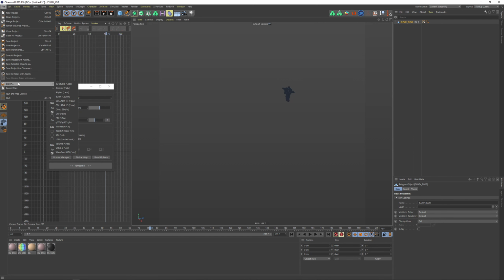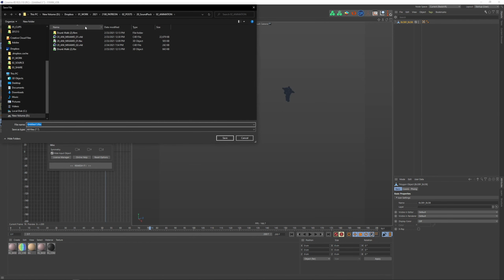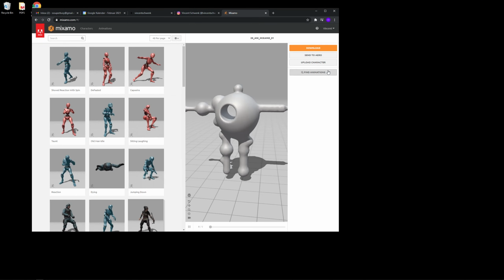And on top of that, I just need to export this guy, and the best format is FBX. So we go into FBX and let's call this blobby guy, blobby blob guy, blobby blob, nicey nice, FBX, save, done, check, close Cinema, go back to Mixamo, and we have to click